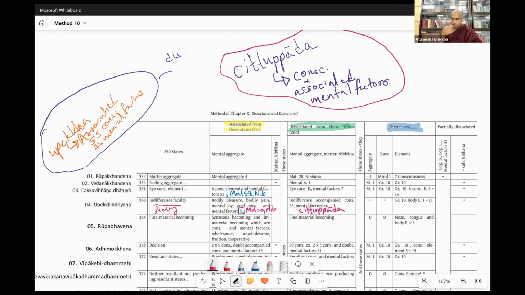And then we move to the final part, the disassociation and the partial disassociation. So here we have the 28 matter as disassociated, one aggregate, right? And then the 10 gross bases and